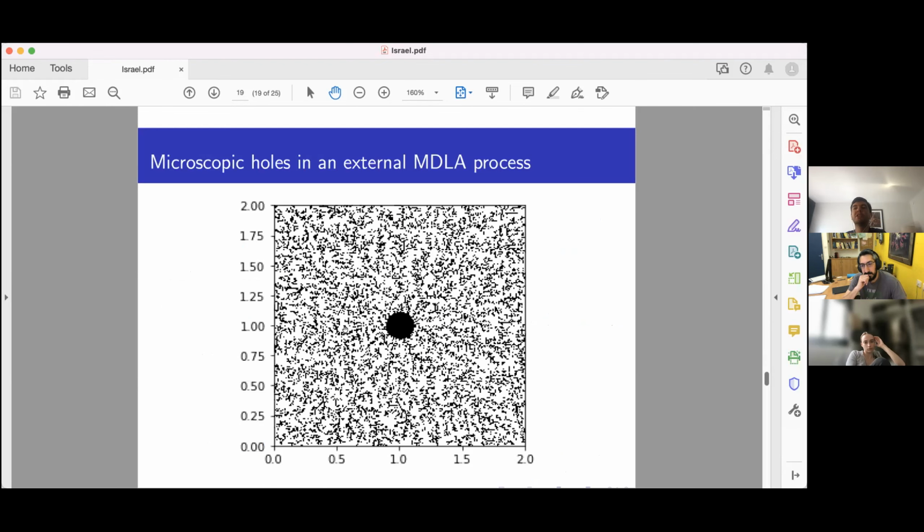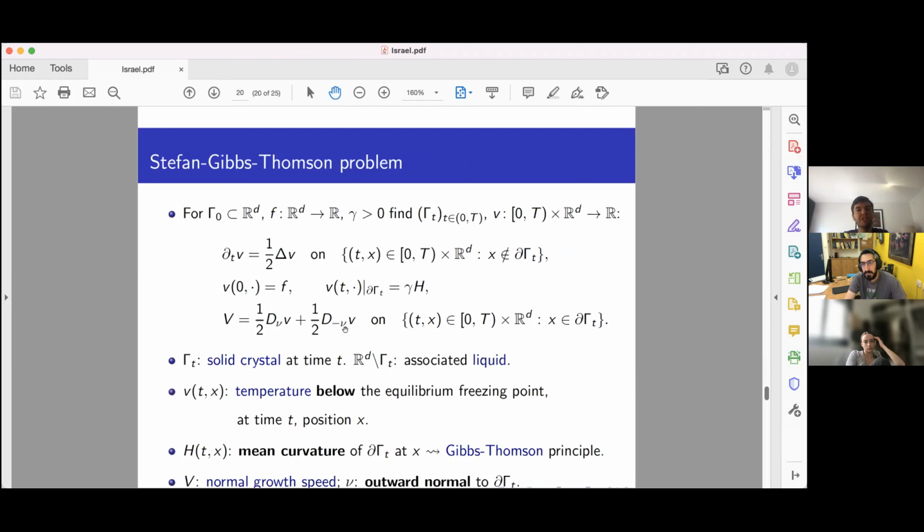Okay, so I'm running out of time a little bit, so let me skip the last problem I wanted to mention. That last problem is a version of what I was describing just now with surface tension, where the aggregate is more smooth because you have a curvature term entering the boundary condition. And that problem, we think one can analyze more completely, even in higher dimensions.